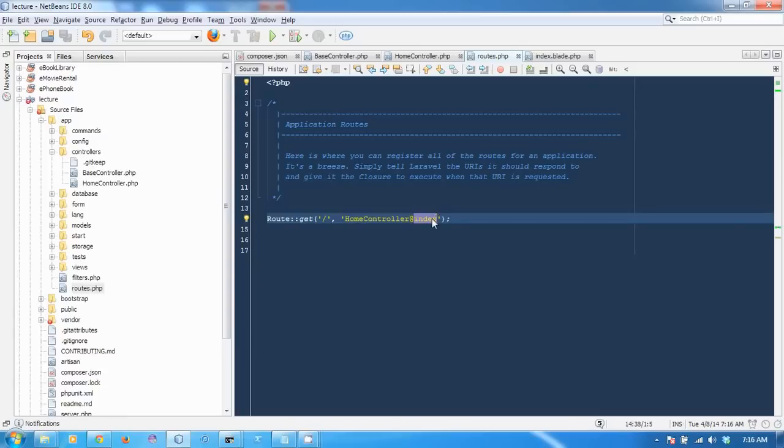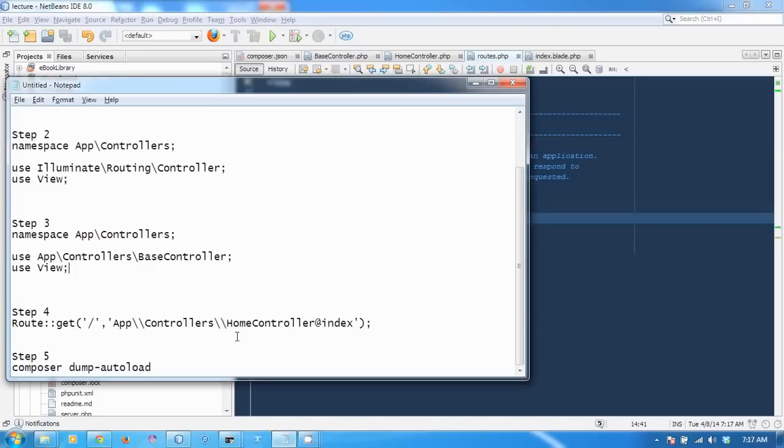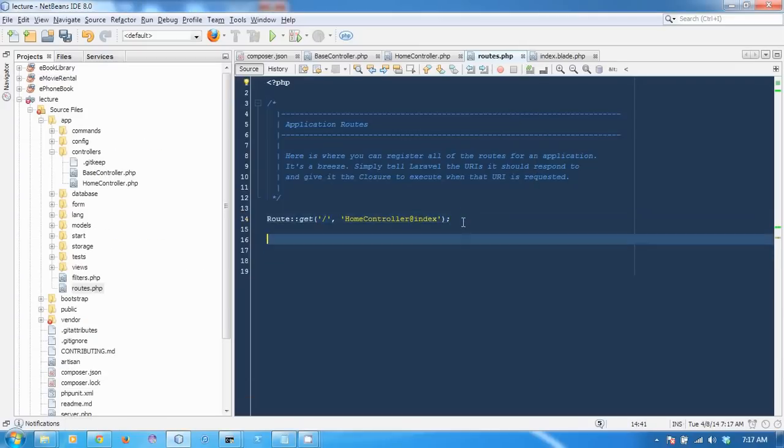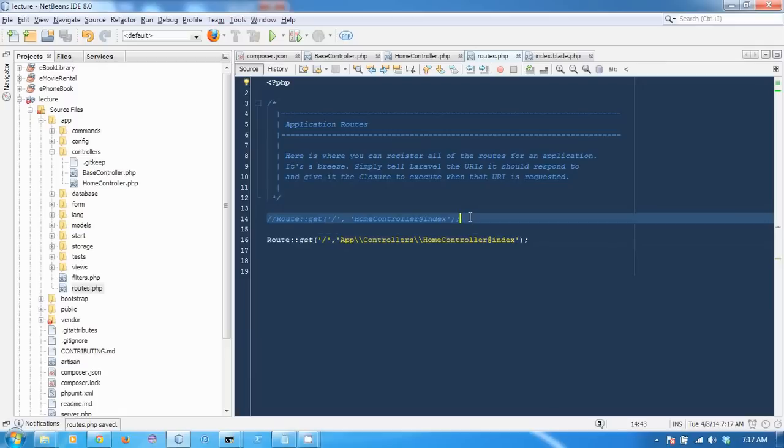But whenever you are using a namespace in your Laravel version 4, you need to change the way you write the route. This is it. In the default Laravel, we just need to call the controller by its name. But whenever you are using a namespace, you need to write down the namespace too, like this: App\Controllers\HomeController. Okay,